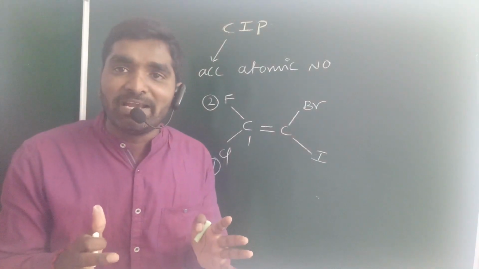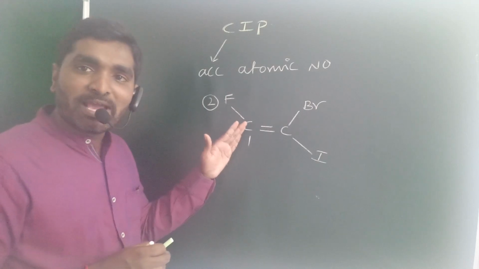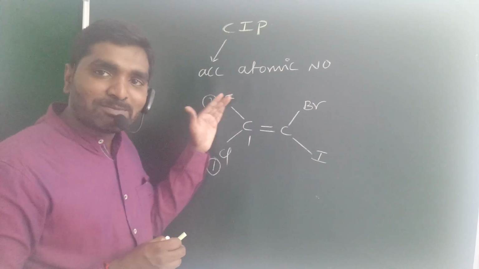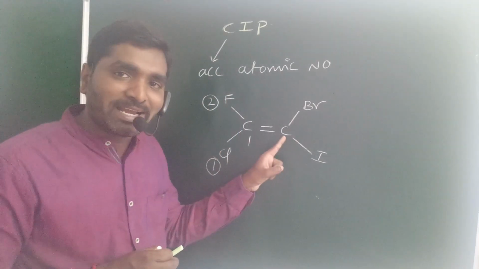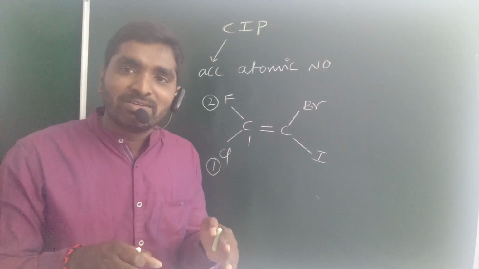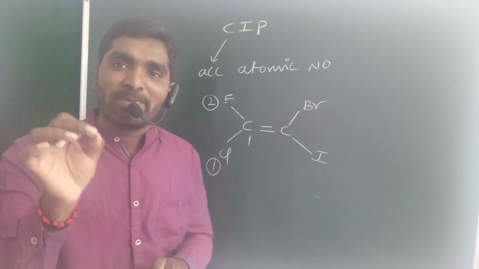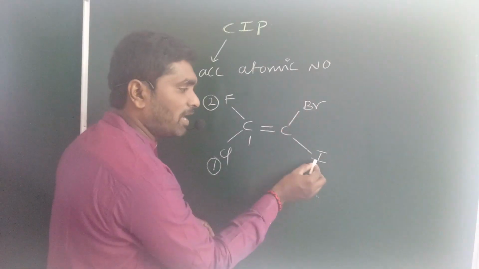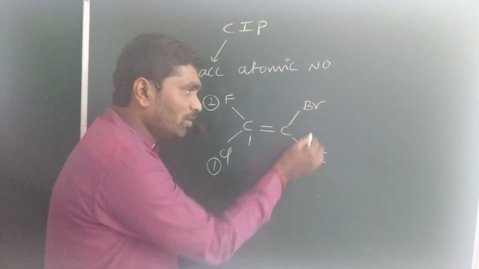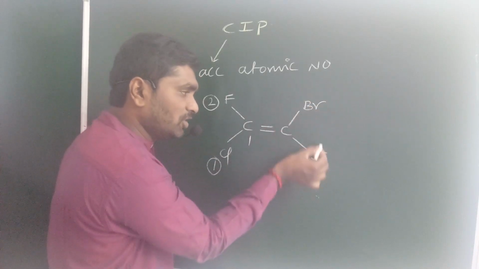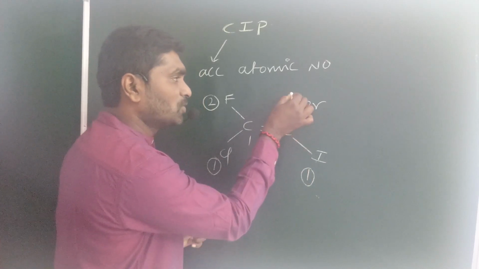You should give the priority on individual carbon atoms. Okay, this carbon's priority is completed. So the atoms which are present on this carbon are numbered. Go for the second carbon atom. Again, you just give the numbers 1, 2 by finding the priority order. Bromine and iodine: iodine has a higher atomic number compared with bromine. So among these two atoms, the first priority goes to iodine and second priority goes to bromine.